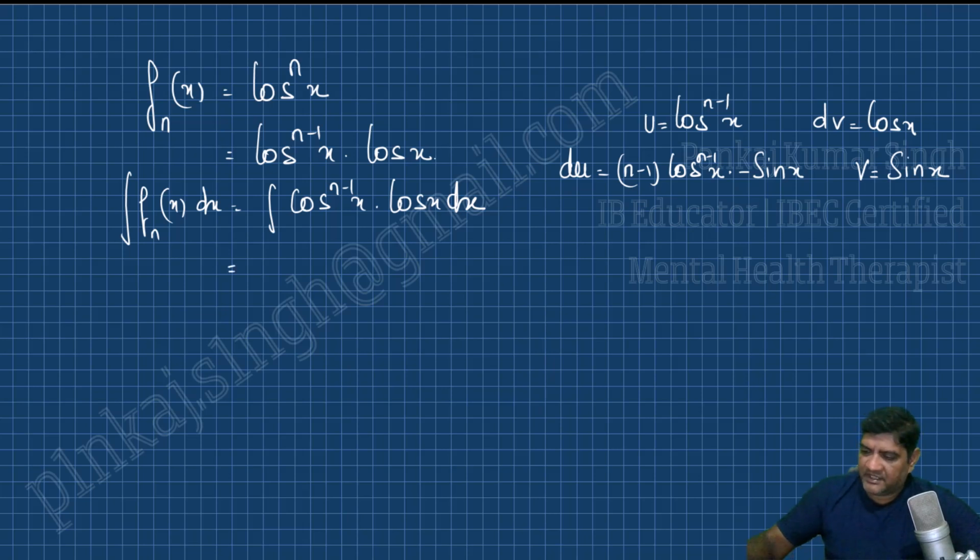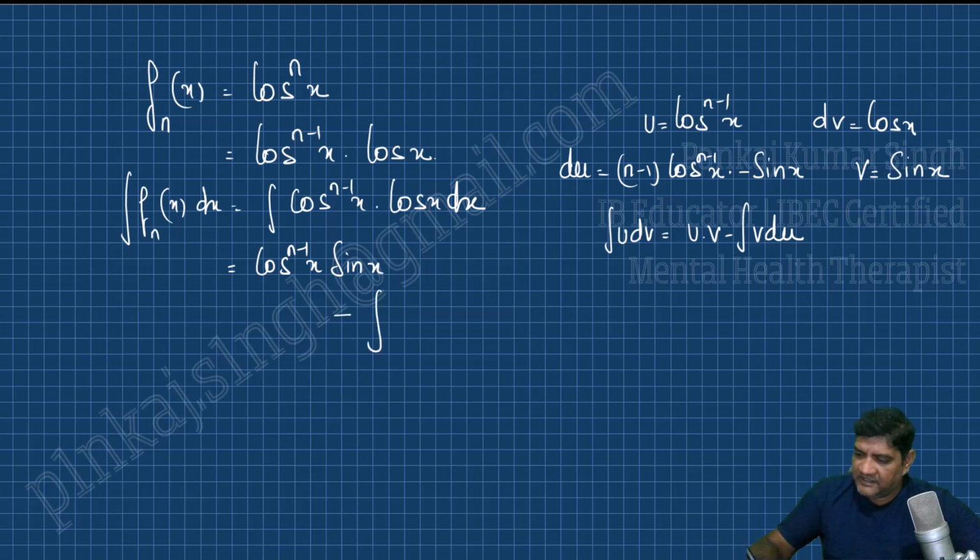And the integration of cos x is simply sin x. So taking this back, I know that the integration of u dv is u into v minus the integral of v du. So I'm going to use that here. The integral of u dv is cos to the power of n minus 1x into sin x minus the integral of v, which is sin x, into du, and du is going to be negative sin x multiplied with n minus 1 cos to the power of n minus 2